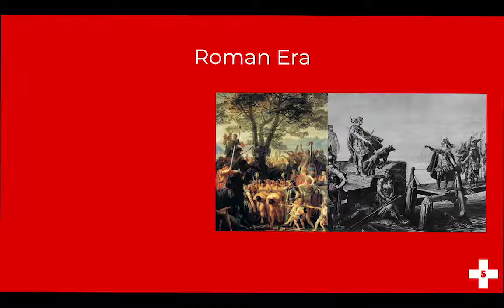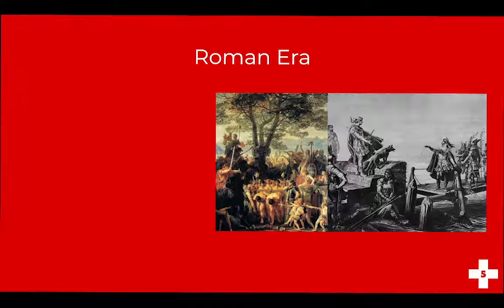At this time, keep in mind, Switzerland, this area, the Helvetii and the Raetians are not part of the Roman Empire. The Roman Empire hasn't quite pushed that much beyond the borders of the Italian peninsula. And Switzerland is basically right north of the Italian peninsula. The Cimbrians and the Teutons ended up losing the Cimbrian War, and the Helvetii were pushed back, and they stayed back for about 50 years. And then in 58 BC, by this time,